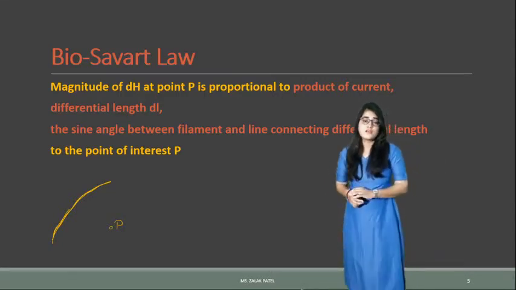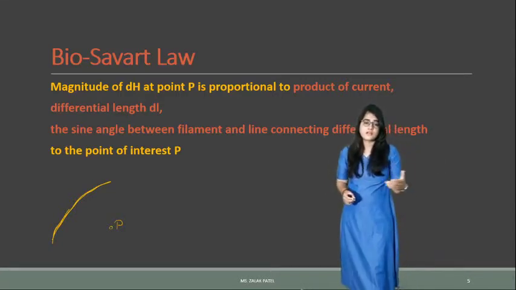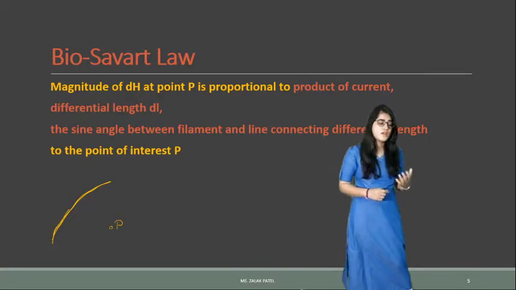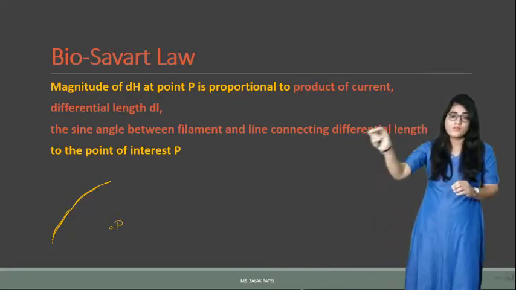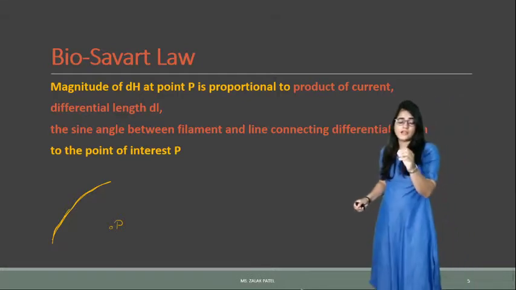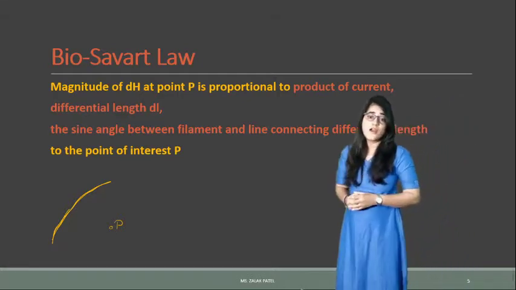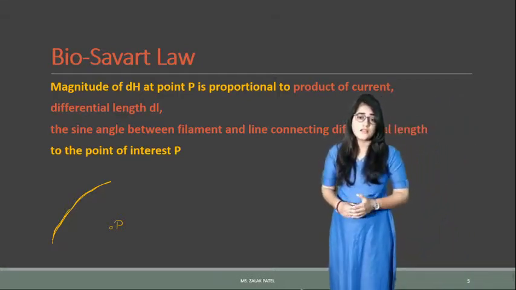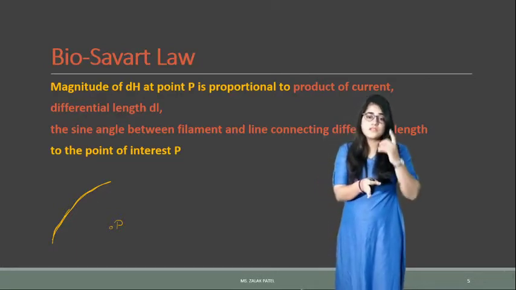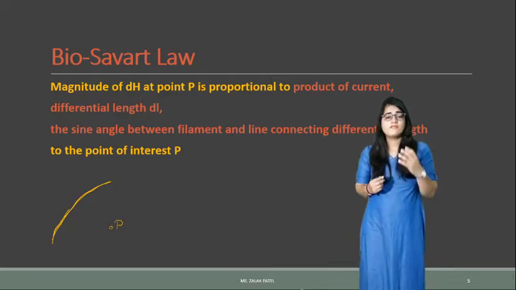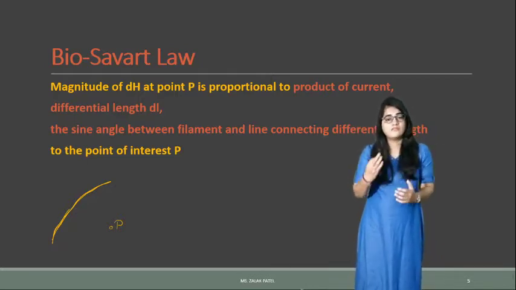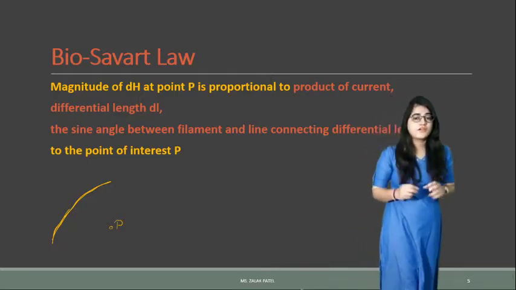In the case of charge distribution, or electric field intensity, what we have done is put the particular charge at one point and the second point is where we require the field intensity. Here the same concept is used, but instead of the charge we use the word filament, meaning current filament. So let's see how it can be formed.